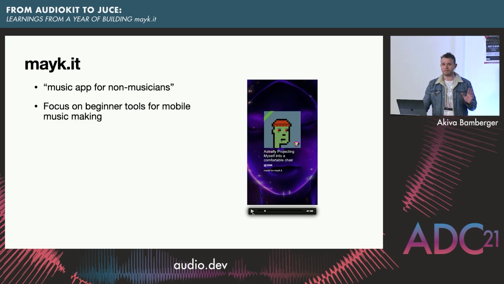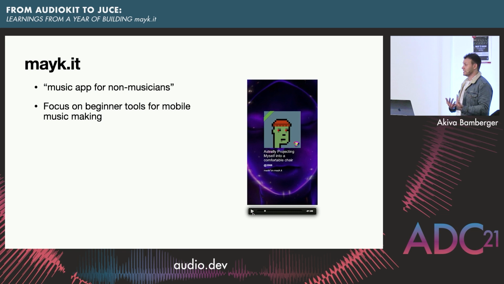It's a music app for non-musicians, meaning we focus on just what a beginner would need to get to a song as quickly as possible. For beginner musicians, it's hard to think about that experience: they're opening up FL Studio or Ableton, looking for royalty-free beats, going to some of the default plugins, and that's their experience of making music. It's actually somewhat of a frustrating experience, especially if they're more focused on ideation, getting ideas down onto paper, and not worrying too much about the final product.